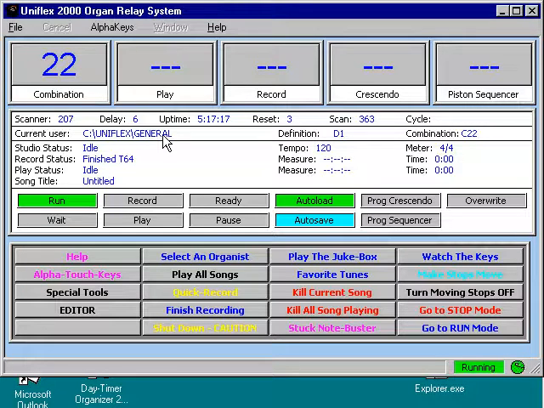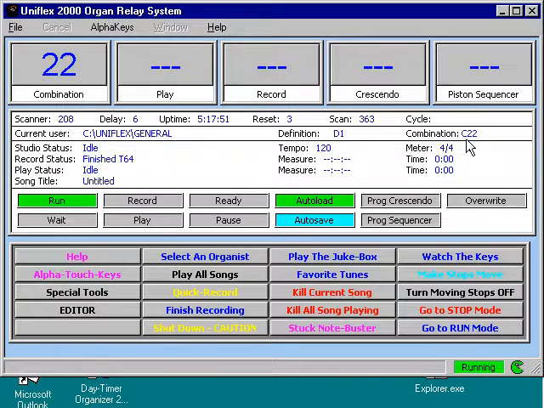That's where the general organ definition and combination actions are found. Any new users that you add to the system would be created with the new user command. That's explained in the manual, and then those would create additional subdirectories under the Uniflex main folder. And in those files, they could contain multiple definition and multiple combination files. Now, when the system starts up, it defaults to Uniflex General, and it automatically loads the D1 and C1 files,